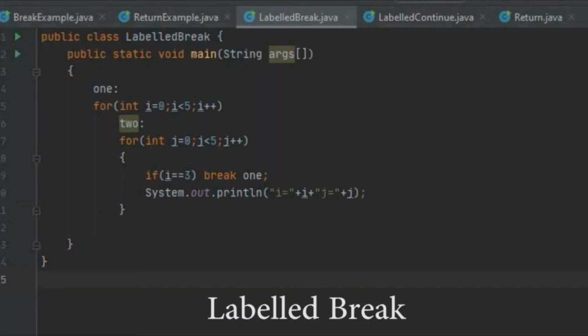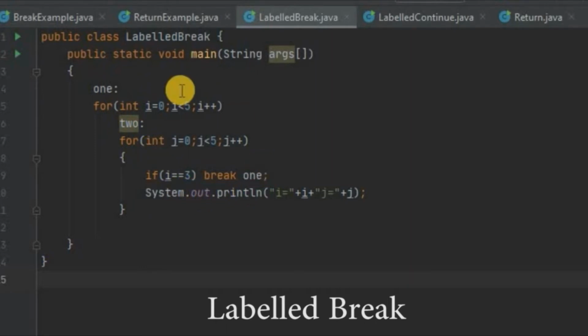Now we will see labeled break statement. Already I have one program here. Just you can see on the screen, public class LabeledBreak, public static void main String args, and I took one for statement and I named that one as 1. That means I have taken one label as 1 for the first for and label 2 for the second for statement.